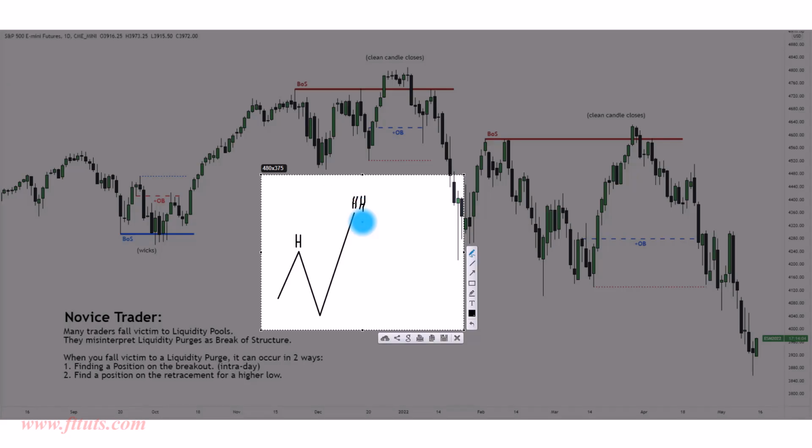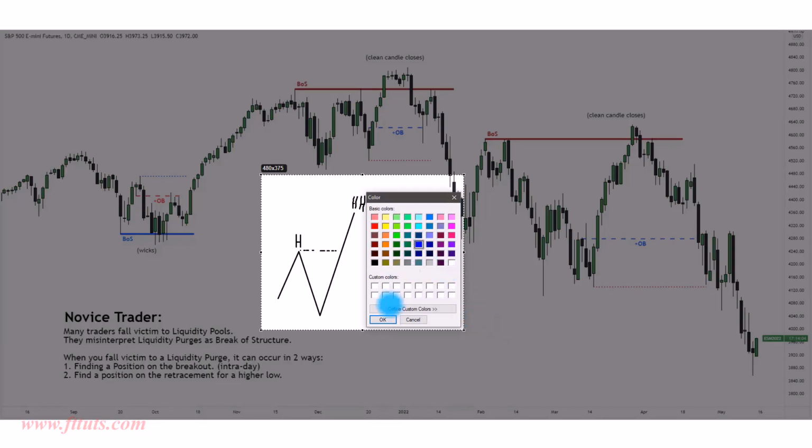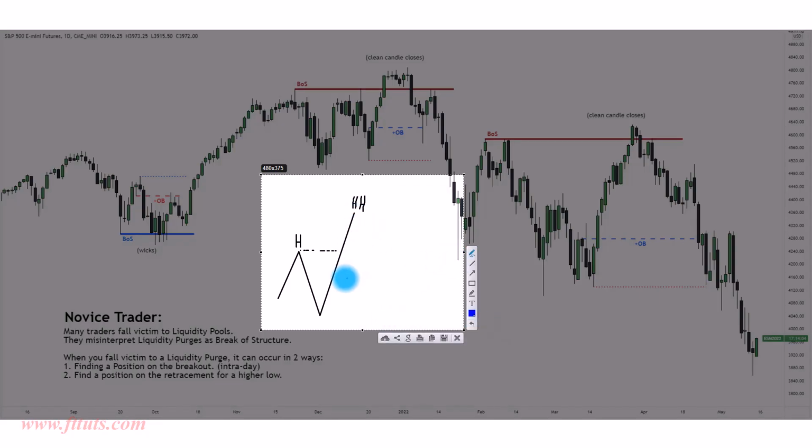The problem a lot of novice traders make is they see that high as a break in market structure. MSB, BOS, whatever they call it, a break of market structure. So what they then do is they start having limit orders here